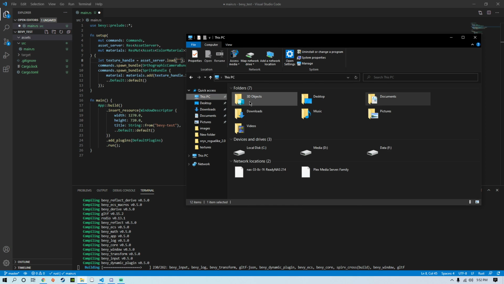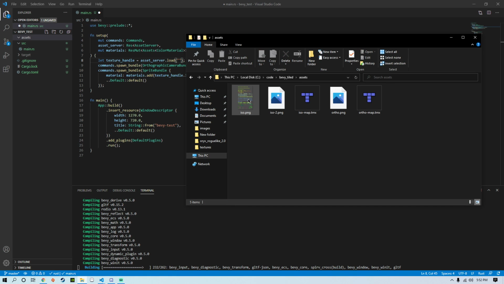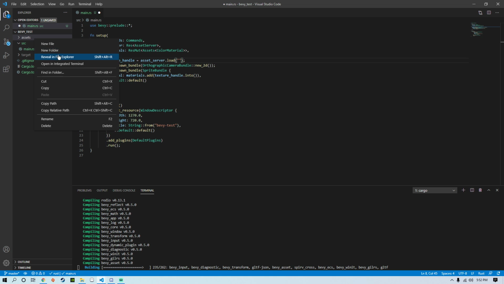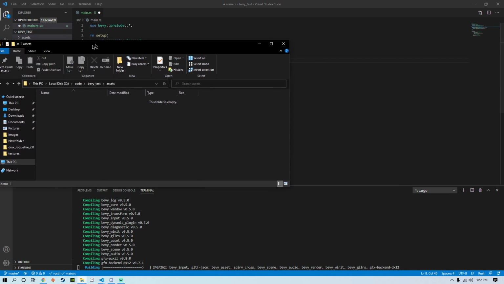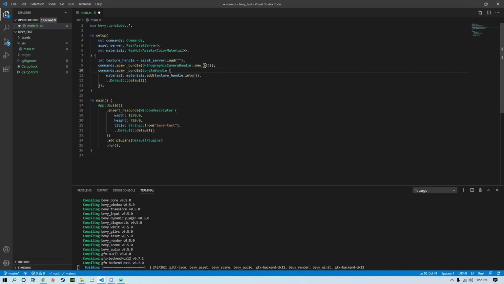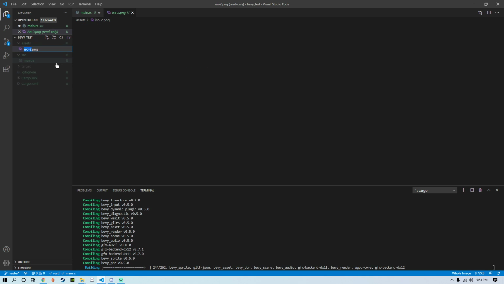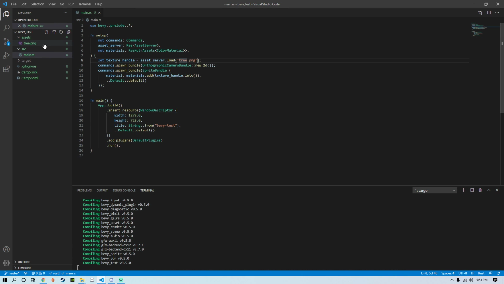Oops. Code. Sure, that tree will work fine. Okay, so that should just be a simple